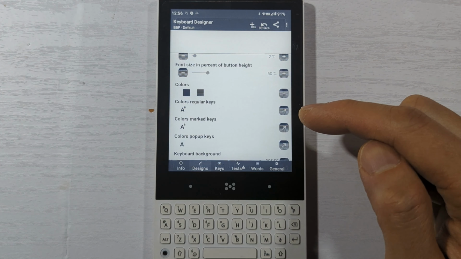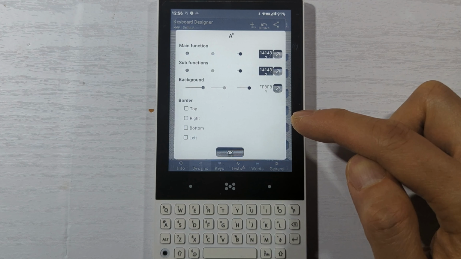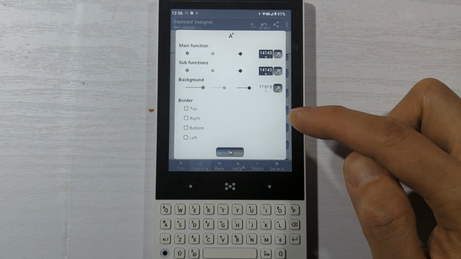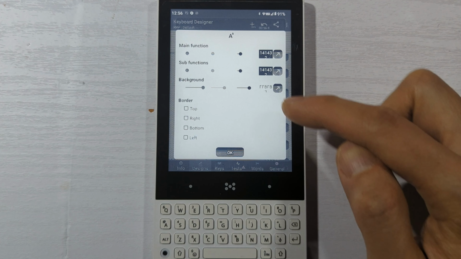Now we're going to work on the colored mark keys. That's the style of the key if you were to push it. So it just shows that it's been pushed. Although on this phone, the screen refreshes so slow that it may or may not show this animation on the screen. But changing this to a different color helps with the editing because it shows which key is selected when we're editing the keys. So for the marked keys, I'm going to put it all as black for the characters,